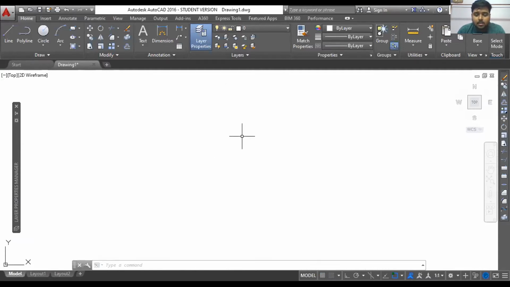The background I'm using is white, but many of you might already be using the dark mode. So what happens? That dark background gives comfort to your eyes, because if you are becoming a pro draftsman who will be drafting for hours, sitting at a particular place, you need to give some comfort to your eyes, right? So that's why using a dark skin is sometimes soothing. But I prefer a white background.